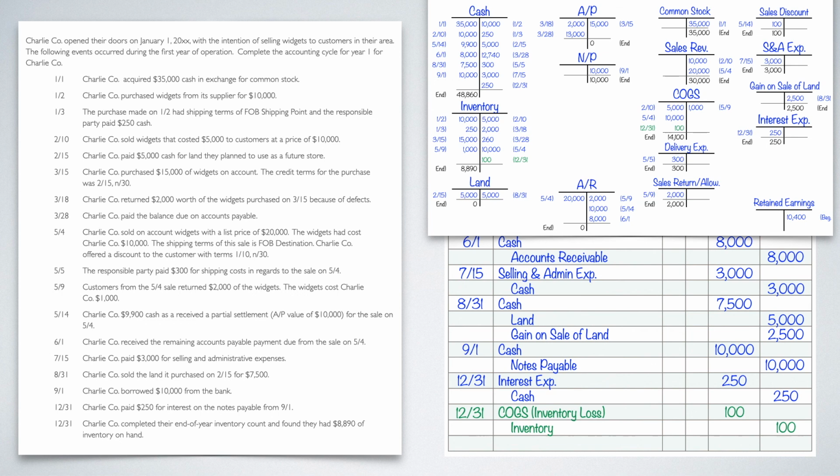The next video, we will be doing the trial balance and we will be doing the financial statements. And then after that, the third video, we'll be doing the closings, and then the final post-closing trial balance. But this is the first one. Hopefully you've made it this far. And the next one, we will be doing the other pieces. So if you want to take a pause and try to do those on your own, please feel free to do that. But you'll have a good one.